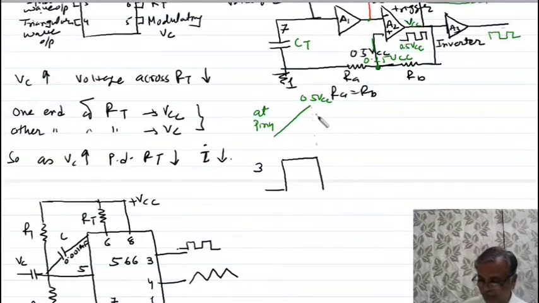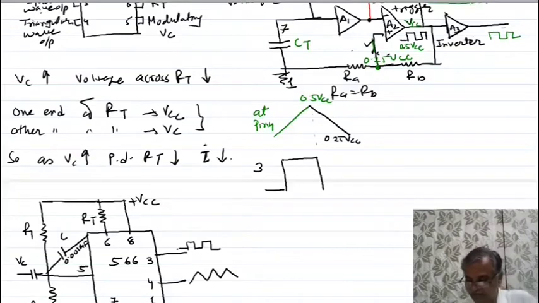So the output is low, I am showing you, see here. When the output is low, I already discussed, how much is it? 0.5 VCC at the Schmitt trigger, and that is given as feedback to the non-inverting terminal. So this voltage will now be 0.25 VCC. As this becomes 0.25 VCC, the capacitor starts discharging. When this discharging voltage becomes less than 0.25 VCC, immediately this voltage is more.